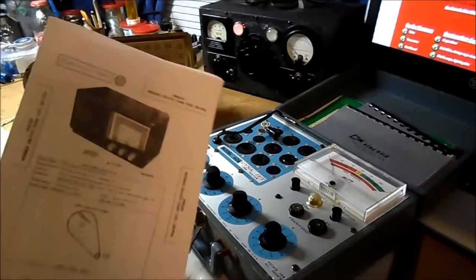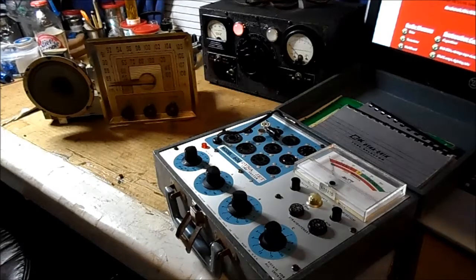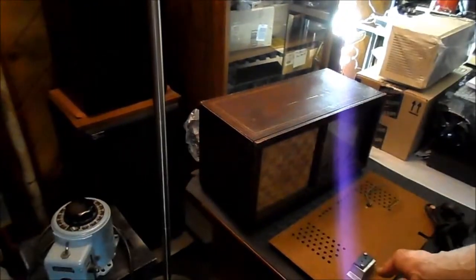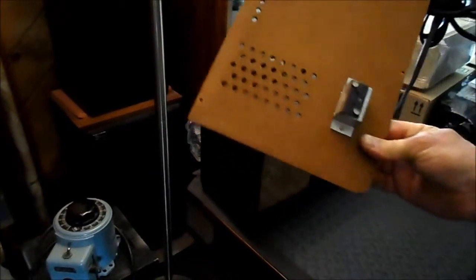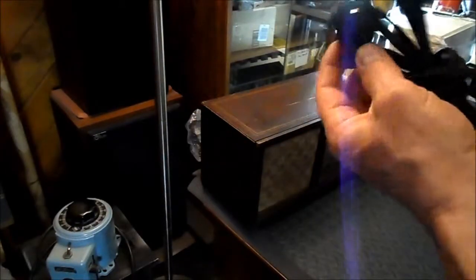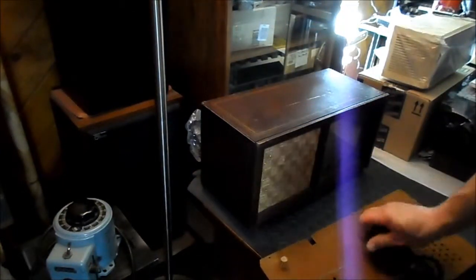I have the Sam's folder here that I mean to show you. We picked this up the other day, and I'll show you the cabinet over here, and the back, which surprisingly has the first polarized plug I've ever seen, although the polarization is gone with the addition of a replacement receptacle plug there. But in any event,